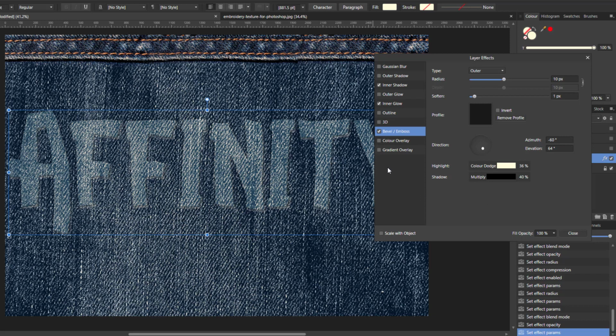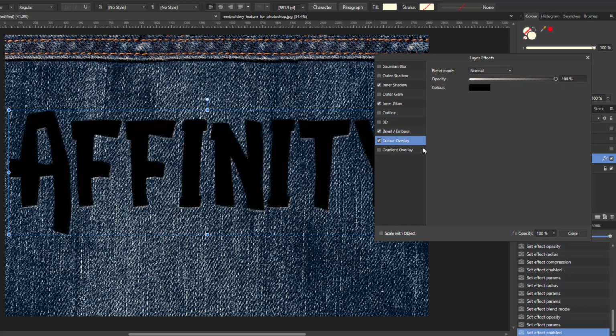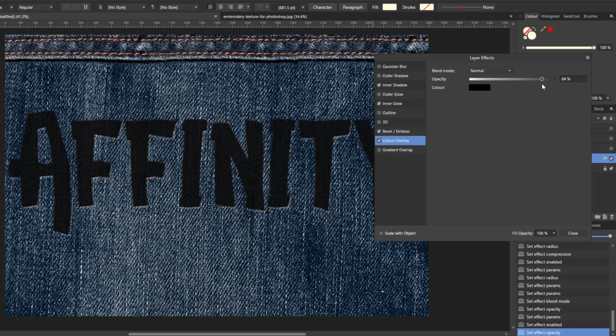And the last is the color overlay. So I'll click on that, get that for the options. Blend mode I'm going to leave on normal, opacity down to about 80%. You're just starting to see the texture of the denim coming through, and going to leave the color on black. So I can close that now,